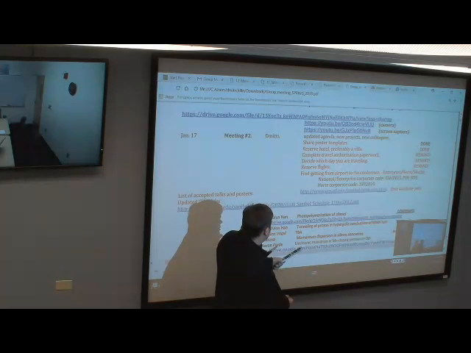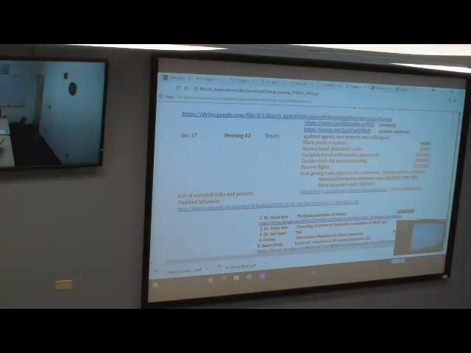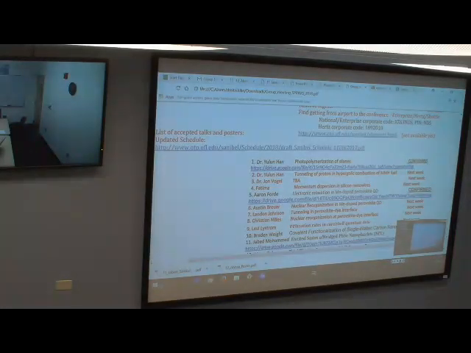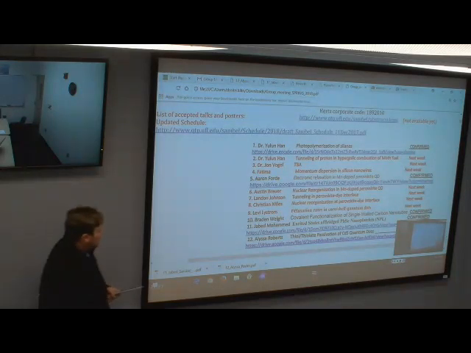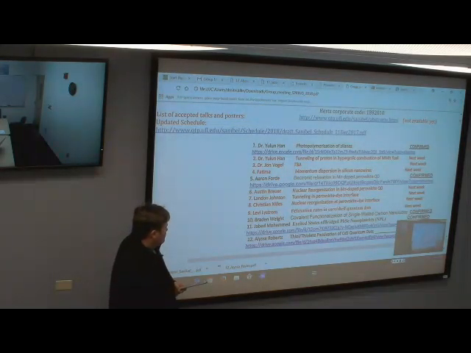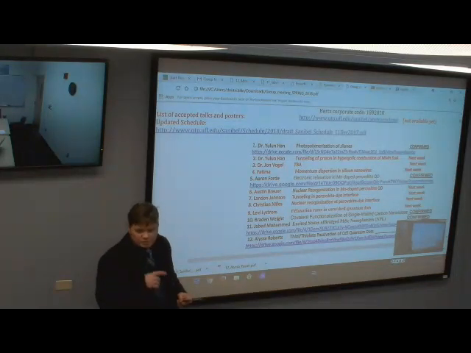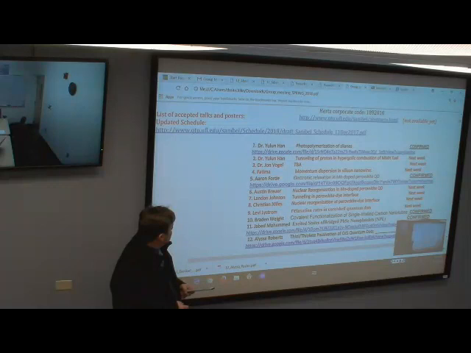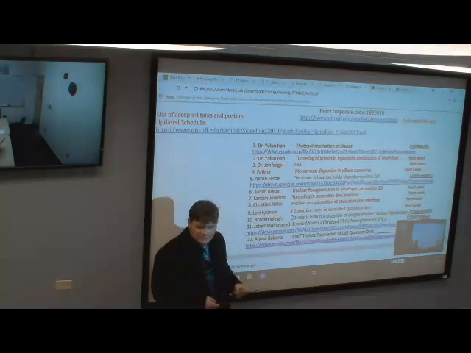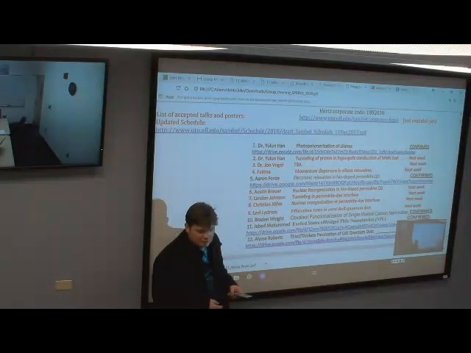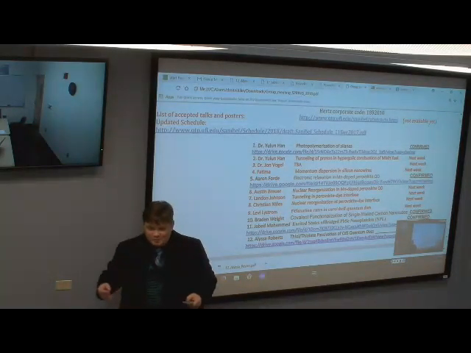Abstracts are not yet available, but they will be soon on the conference website. And here is the list of presentations for today. So the black ones are for today, the red ones are for next week, and then probably we will reiterate once again. So if you do not like the quality on the screen, you can go on the link and see the works on your laptops, just as an opportunity. Probably you do not need it.